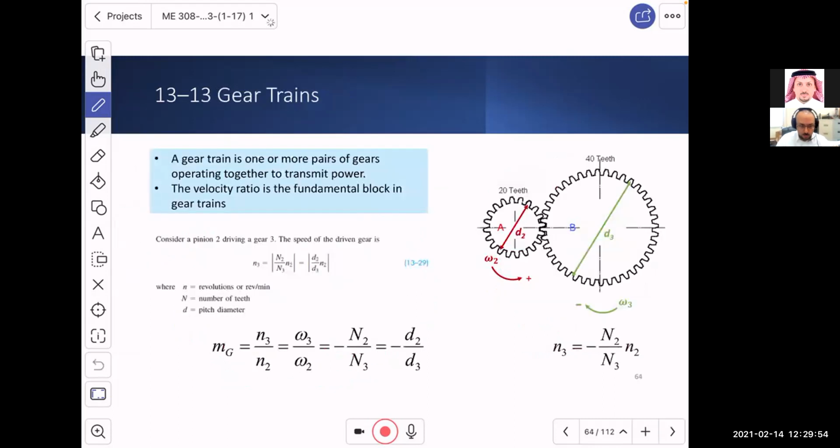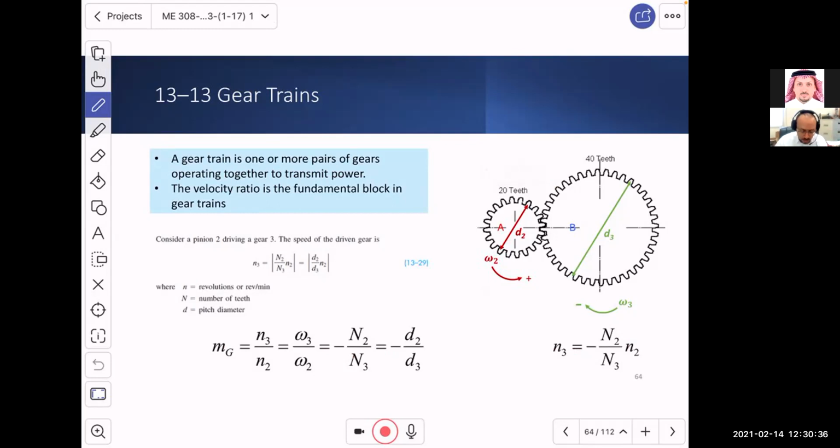So the next part, which we are going to talk about today, is the gear train. A gear train is a term which indicates that there is at least one pair of gears working together, or even more, like 3, 4, and so on. Now, what I want to point to here is that you are definitely familiar with this. This is not the first time you see it. We talked about